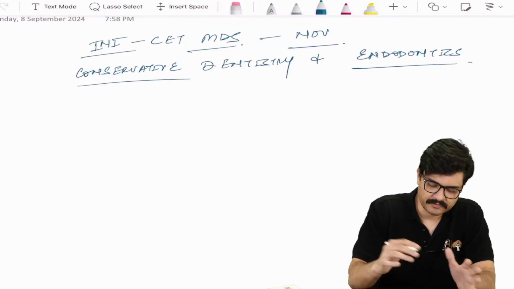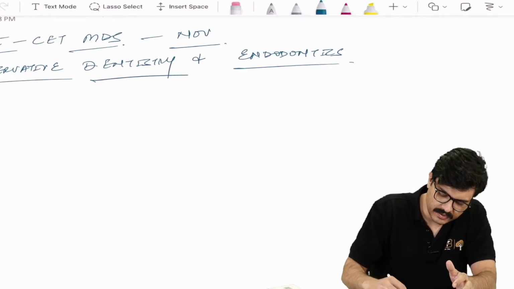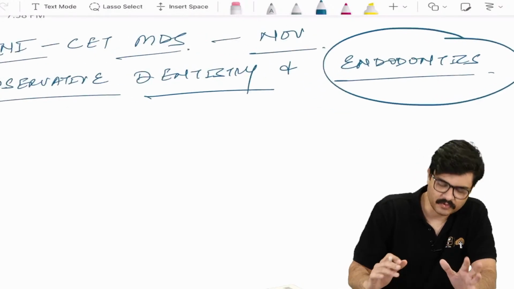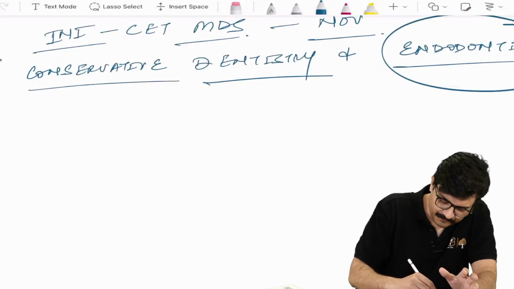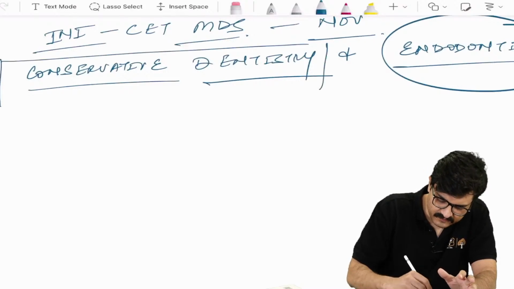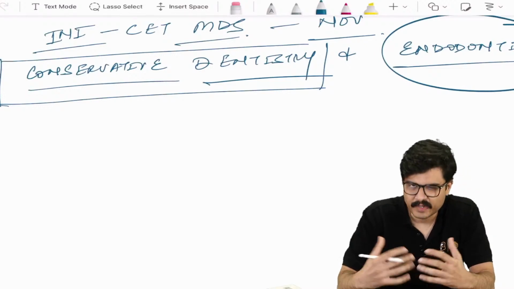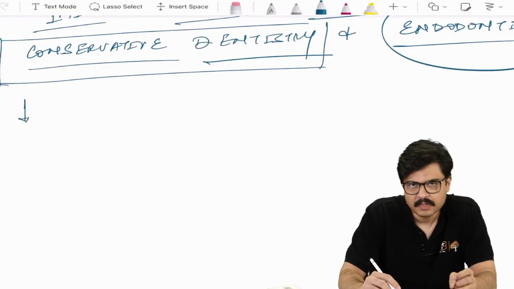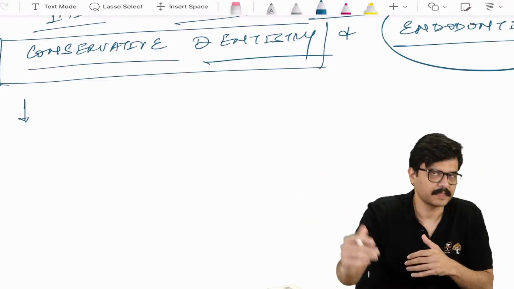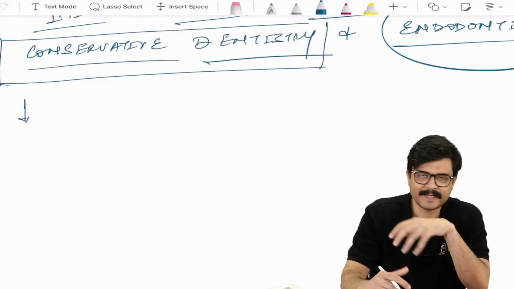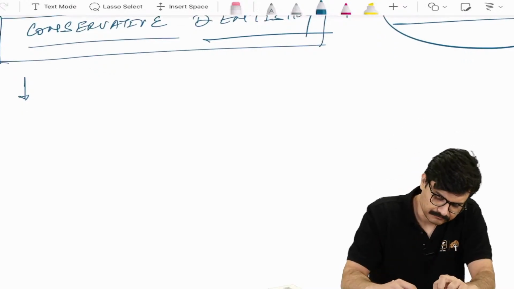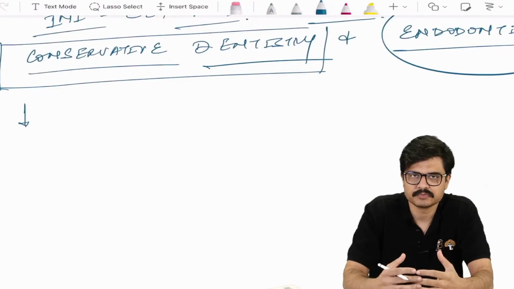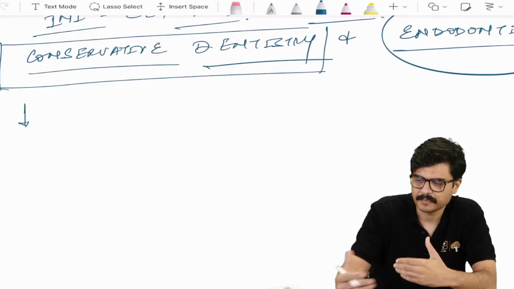Now, first of all, guys, when you're dealing with cons and endo, usually we end up relying more on endo and less on cons. So keep in mind that cons is conceptually equally important, but in terms of weightage of the questions, relatively less important than endo. Endo has got more topics, right? The good thing and the bad thing about cons is that we don't go very deep into understanding the subject and the topics.